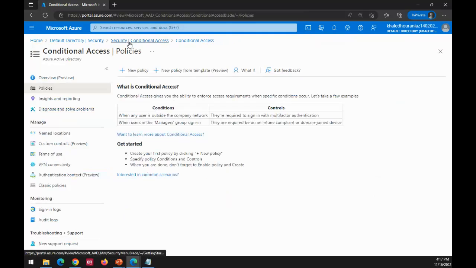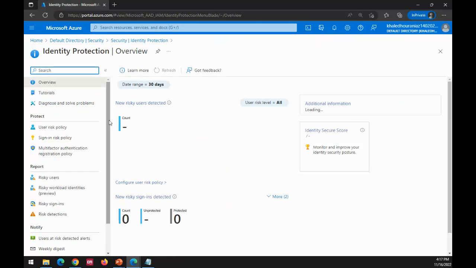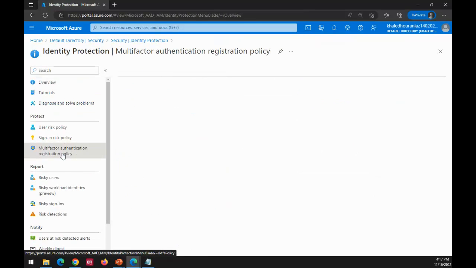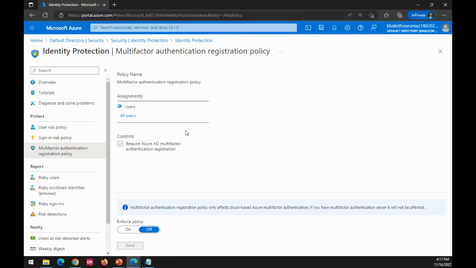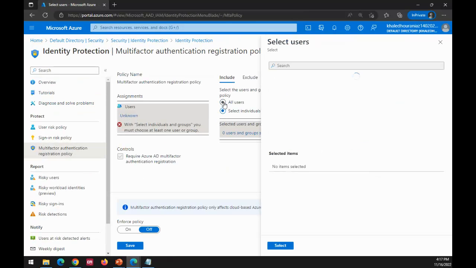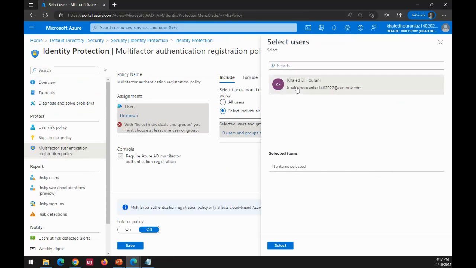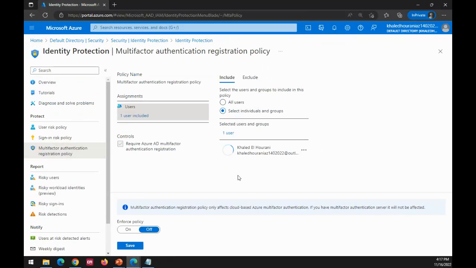One important security measure I can also add, which is the multi-factor authentication. I will go back to security and to identity protection. And here I can see the multi-factor authentication. And this is the place where I can set it up. I can set it to a certain user or to all the users. As you can see here, if I set up this for all the users, or I can choose individual users, I will select this user, select. The next time the user logged in, he will pass through the multi-factor setup or multi-factor authentication procedures, and this policy will be enforced if I press on enforce